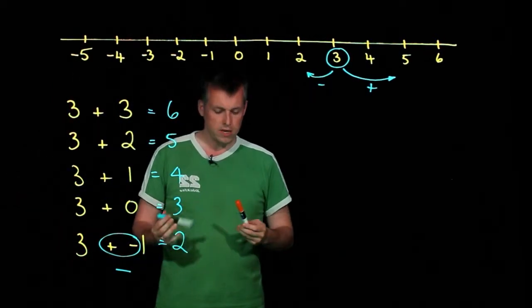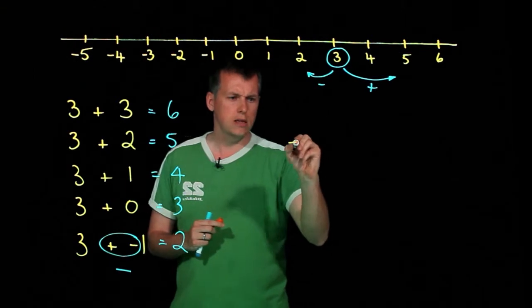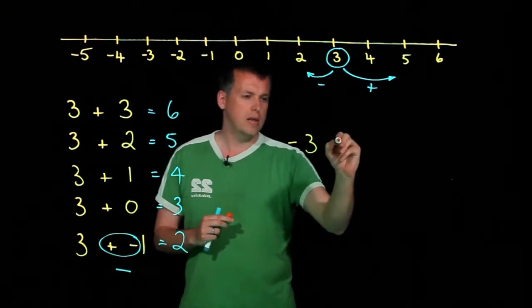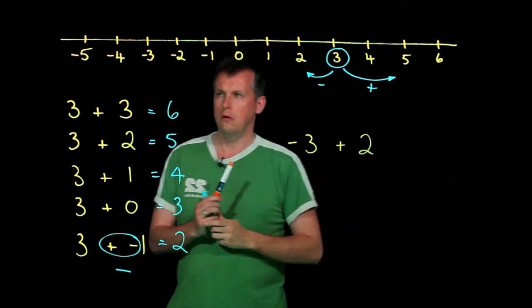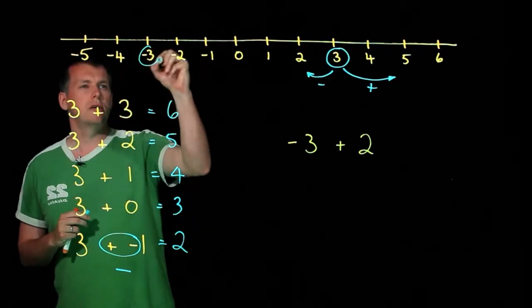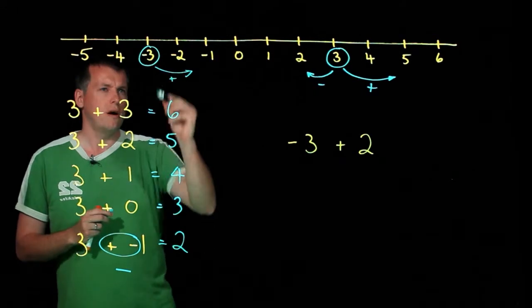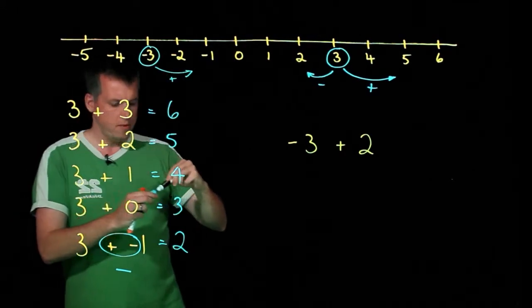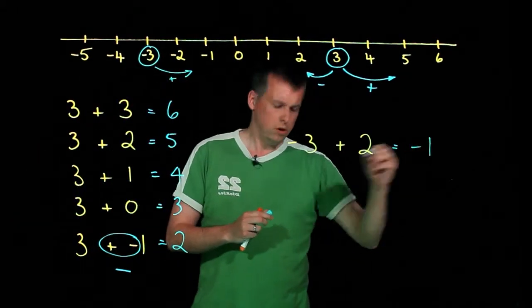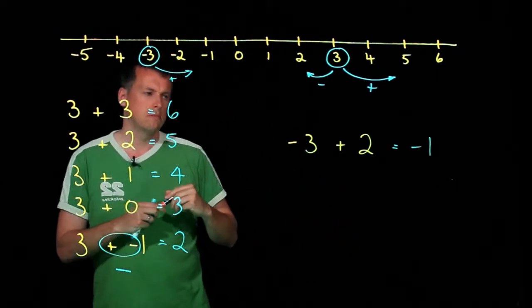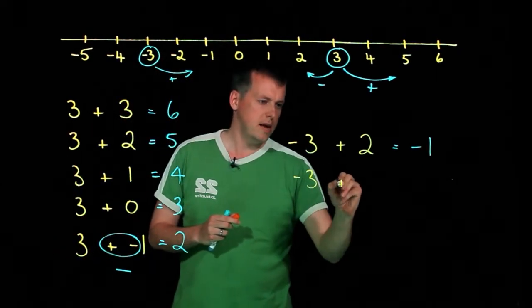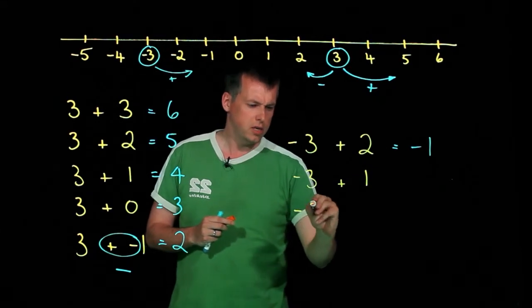And the same applies if I start with a negative number. If I started at -3 and I was adding on 2, okay, if I'm starting at -3 and I'm adding on, remember adding is going in this direction. If I add on 2, I end up at -1. And if I start at the same number but I'm adding on less each time,